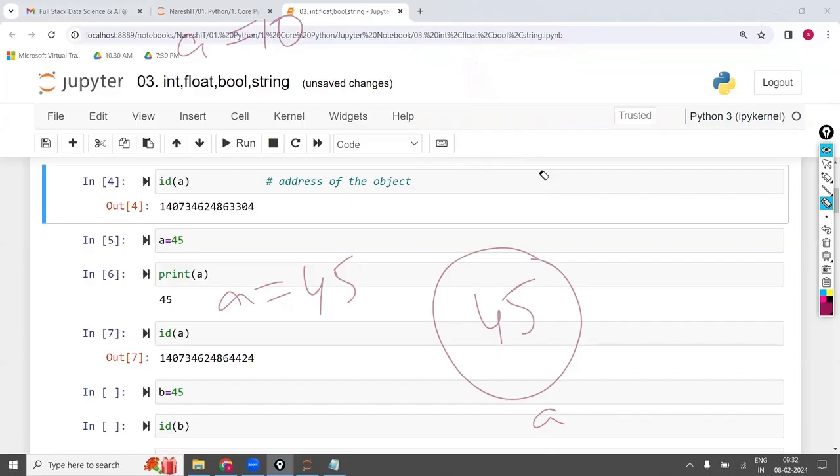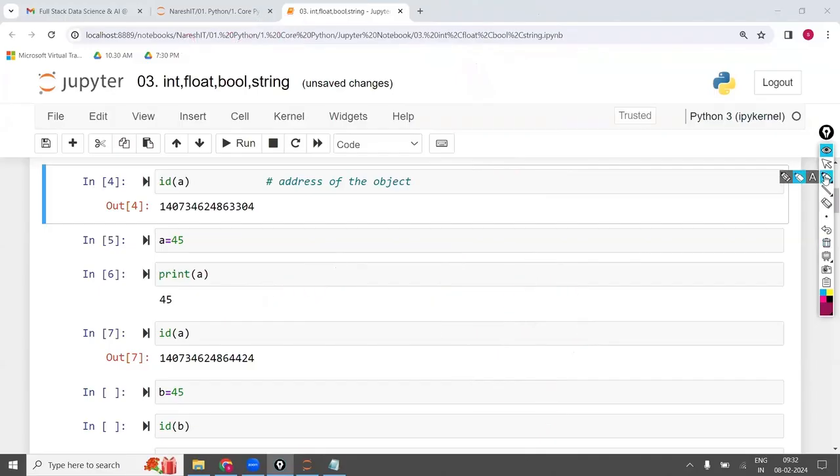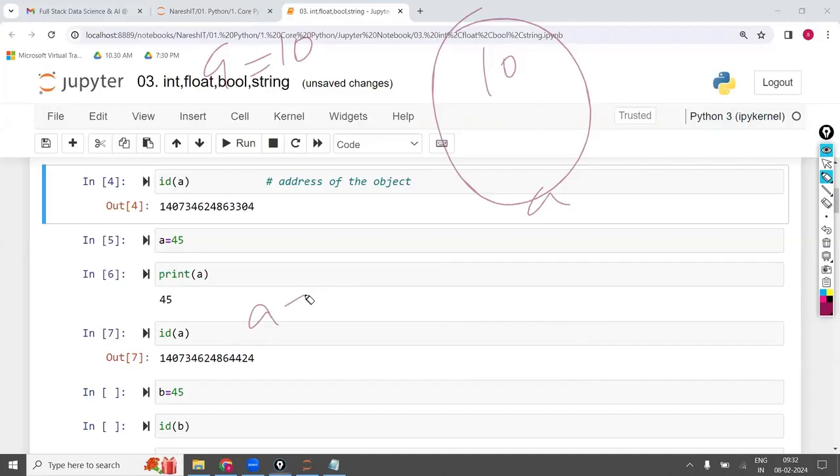Now, if you print A, 45 is printing. If you ask the ID, it is printing the new ID, the new address. This is the way it works. For example, let us assume it is a mutable object. A is equal to 10. Assume it is a mutable object. In that case, what happens? If you write A is equal to 45, it will check whether A is available. Yes, A is available. Simply it will come and replace like this. Then the ID before and after will be the same, because both are indicating the same object now. Why would the ID change?